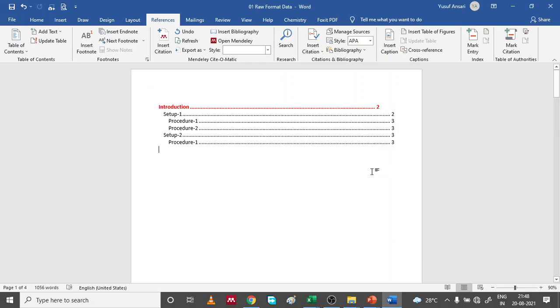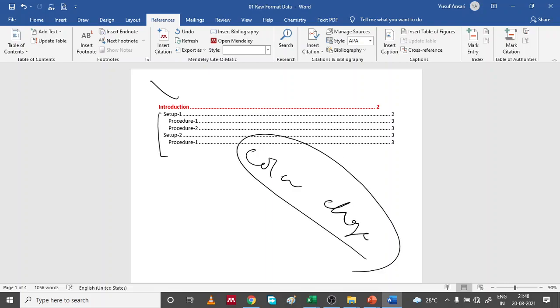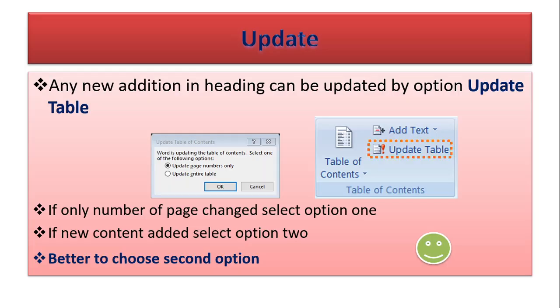There is a possibility that in your case the red color and these colors are not the same. Maybe the color will be different, because I have already selected the red color, that's why it is available in red. Otherwise, in your case the colors and all these things will be different, so you have to take care of it. We'll discuss how to change the color also.